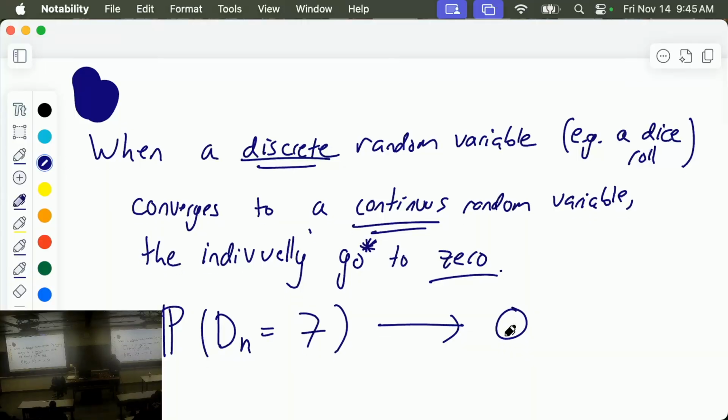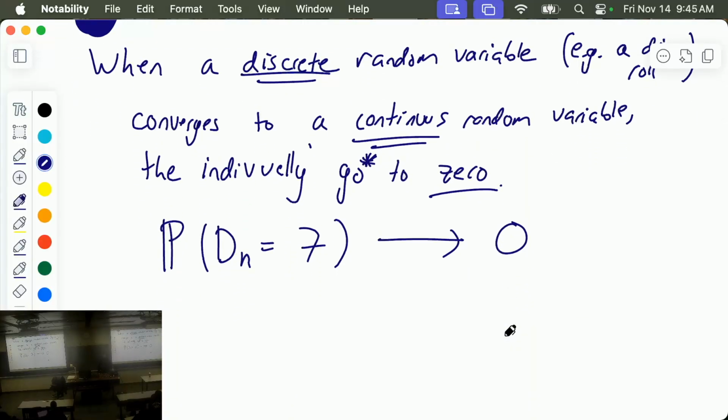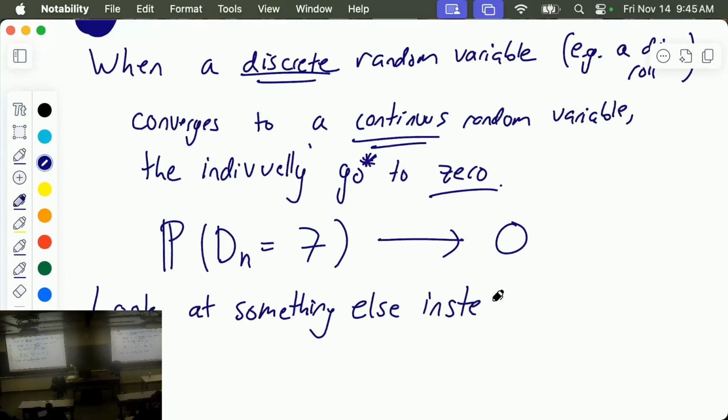So the solution, and this is why this is an important thing to understand, the solution is you must not look at the probability mass function. It is not going to give you the information. So we're going to look at something else instead. When you're doing this kind of convergence, you must look at the right thing, or you will not see the convergence. And the something else is something that both